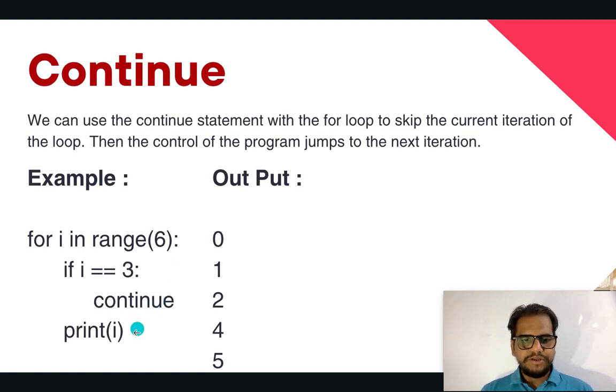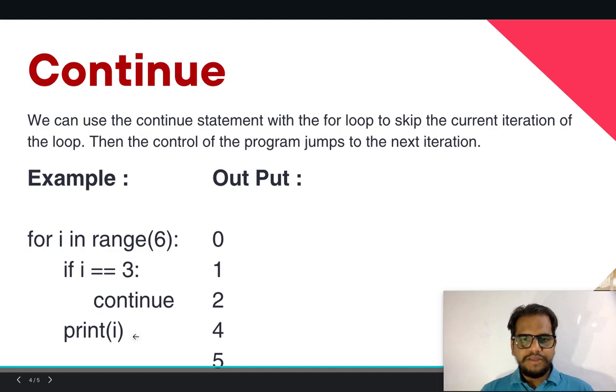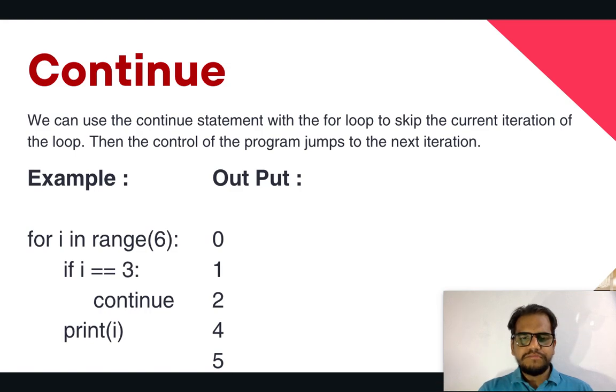After that we write print i, then the output will be 0, 1, 2, 3 and 5. The output shows like this because 3 is not shown, because of the if condition we mentioned for 3. That's why it skips and jumps to the next values. So next,